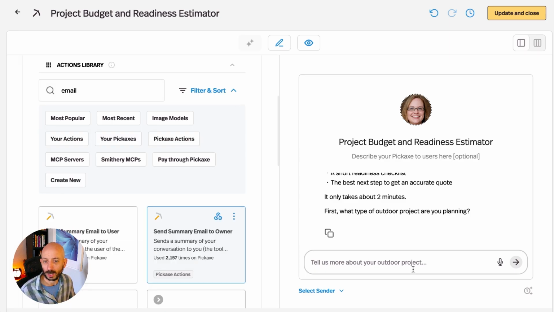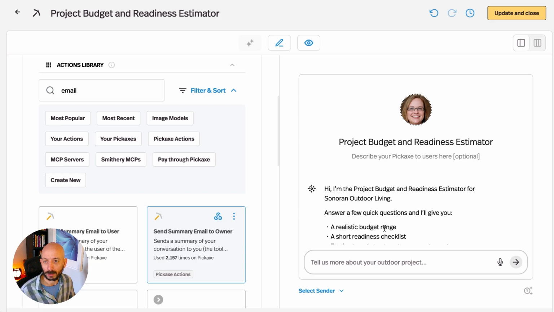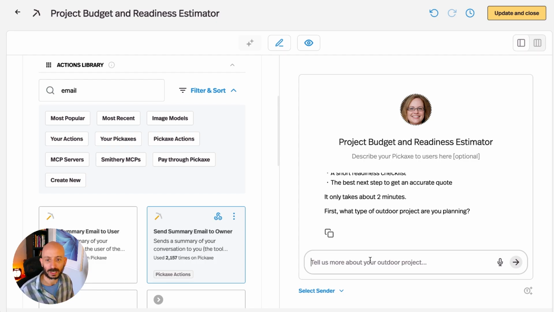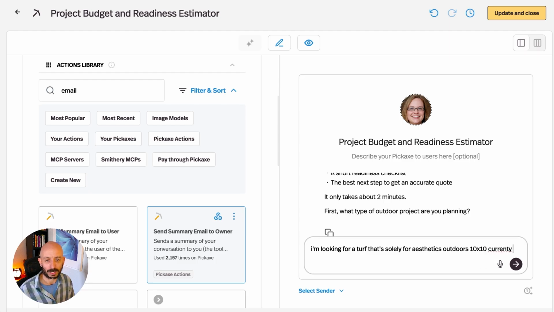So now that this is set up and connected, we're going to try one more time to get this information at least sent to me so that I get a notification whenever somebody uses this chatbot. It may not be added to the CRM automatically, but if we get a notification, that's great. So we're just going to test this out with some dummy data. I'm going to try to provide as much information as I can up front so it doesn't ask me more questions. I'll say, I'm looking for a turf that's solely for aesthetics, outdoors, 10 by 10 on it, currently all